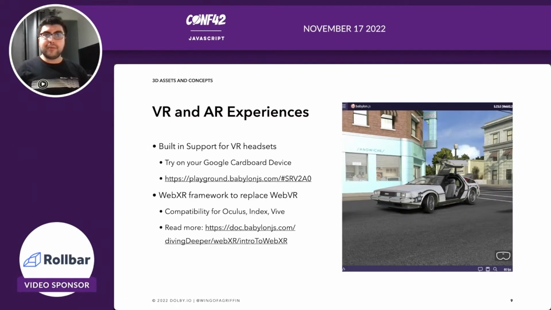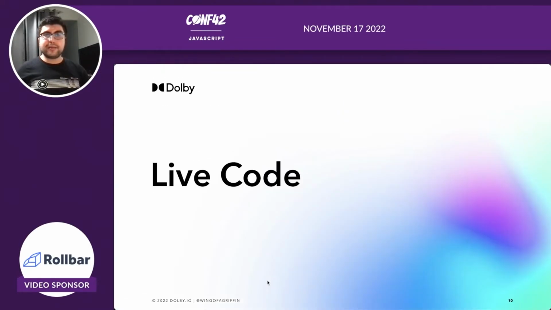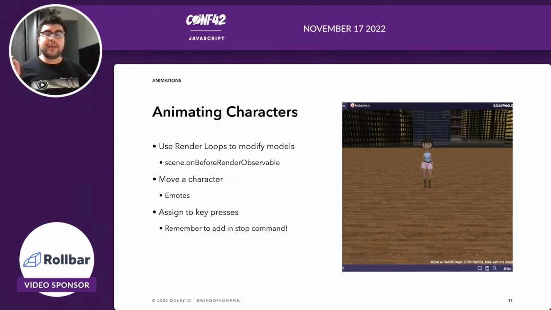So continuing on with our presentation, let's talk a little bit more about the animation section of everything, where we have a lot of static scenes that we've already seen. Everything has been rendered and we've just been looking around the render. You don't have to keep everything static. You have the ability to use render loops to modify models so that they are updating live without needing to keep on re-rendering your scene over and over and over again manually. So this can be done with the scene.onBeforeRenderObservable,